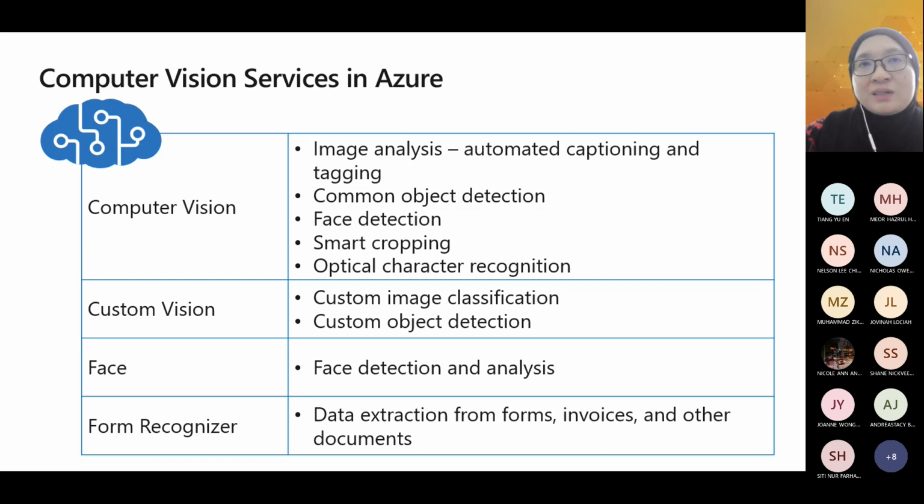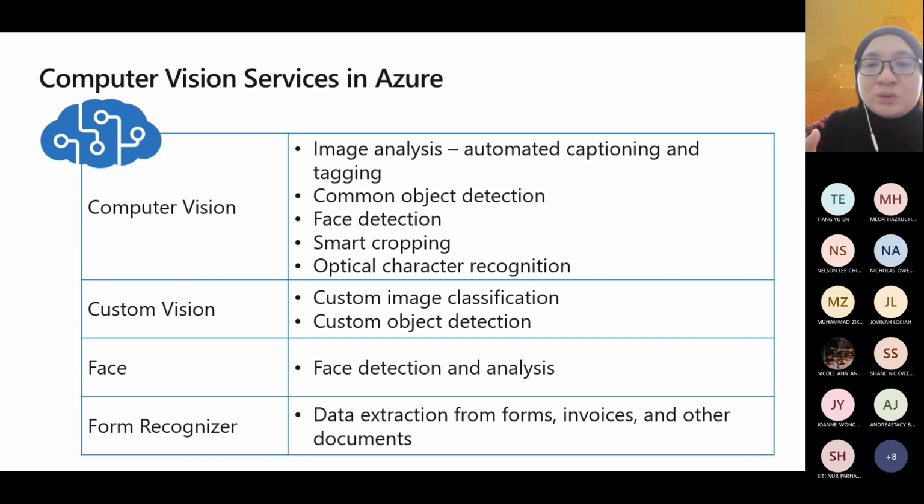Okay, last one is Form Recognizer. A service that extracts key-value pairs and tables from documents, such as invoices, your old history book that has no soft copy, or even your receipts and your contracts. Contracts sometimes have no soft copy too. For example, your parents bought a house, of course there's a contract signed, there's no soft copy for it, so you need to